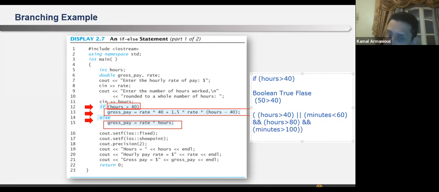Whatsoever, and I don't care about the numbers, okay? It can be as complex as this.